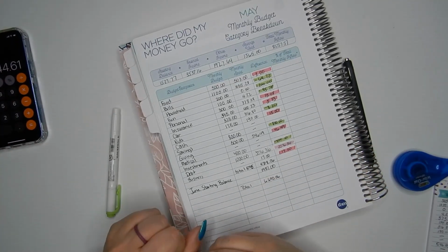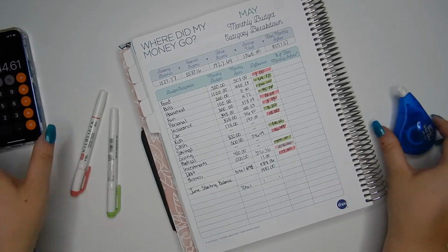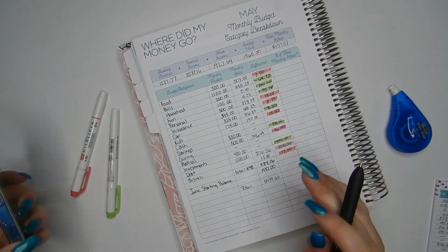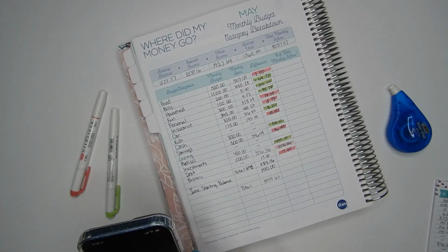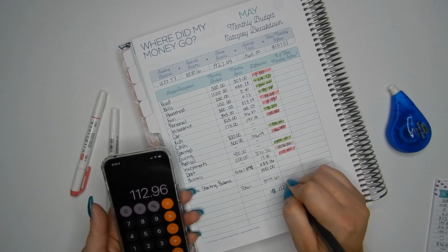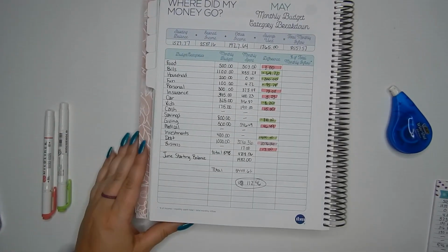Oy vey, guys. So this is real life. So my total still does not match up. This is my life, however. So my total is 844,461, which, 855,757 minus 844,461. I'm only off by $112.96. Oh gosh, someday, guys, someday we'll get this right. So anyhow,